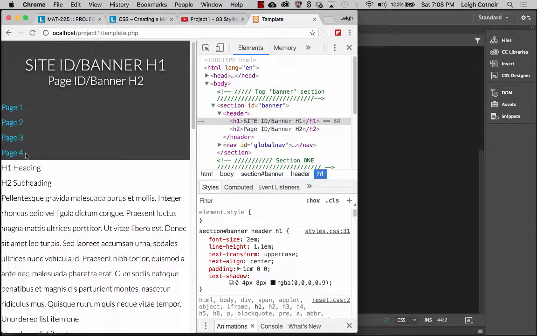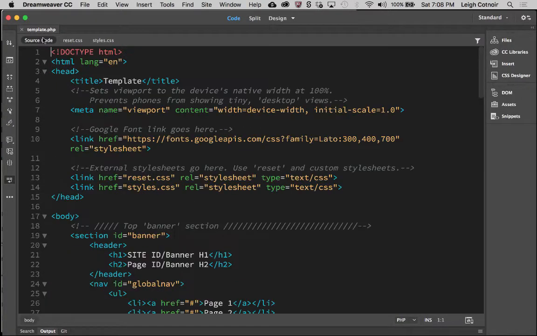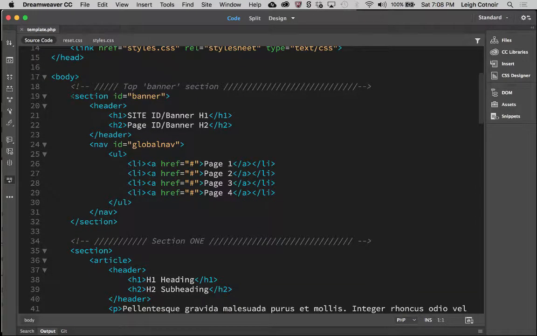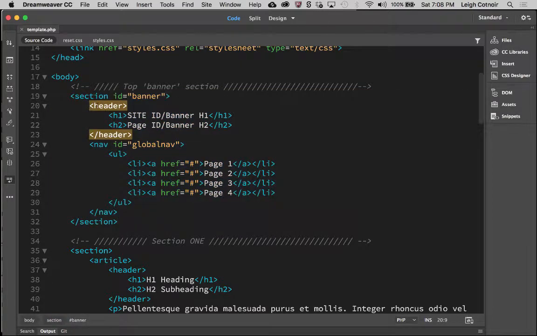Okay, so now what we need to try to do is get some of this styled. This being the nav that is nav global inside of the banner area. And if we were to go back just real quickly to look at the source code, let's find where that is. You see here we've got the section banner, all right, and then inside of that we have a header,